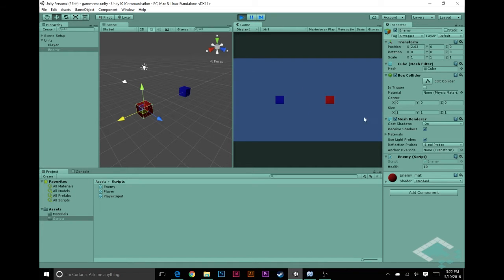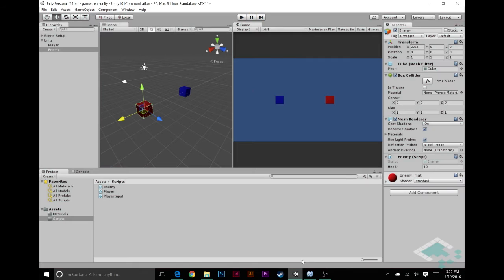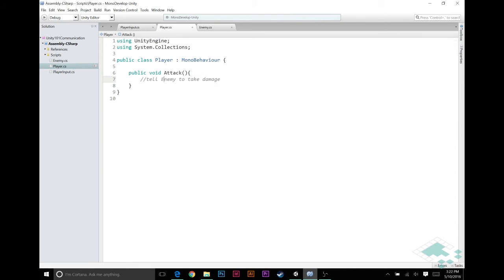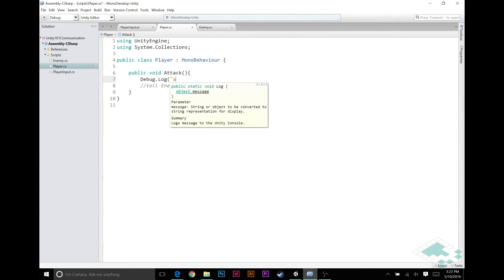We can try hitting attack right now. We hit A, nothing really happens. And that's because we don't actually have anything in this attack script. What I could do is say Debug.Log attacking. So now if I hit play here,